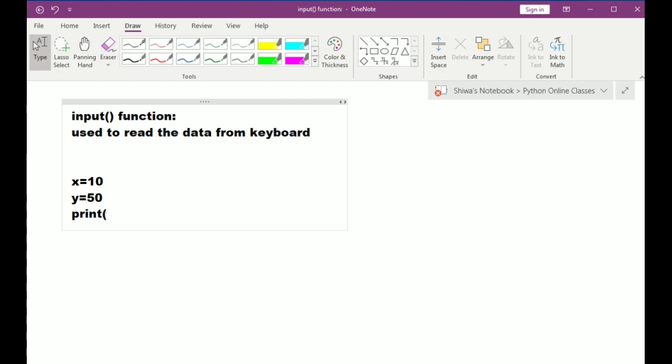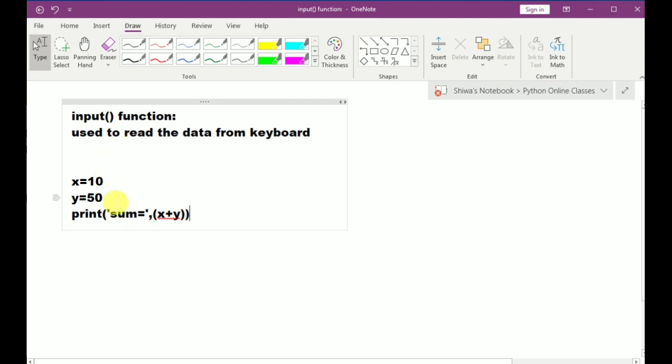I want to print the sum value, so I write print sum equals, comma, x plus y, bracket close. So this program we wrote in the previous video. Here we are giving the x value within the program and the y value within the program. The x value we give as 10 and the y value as 50.